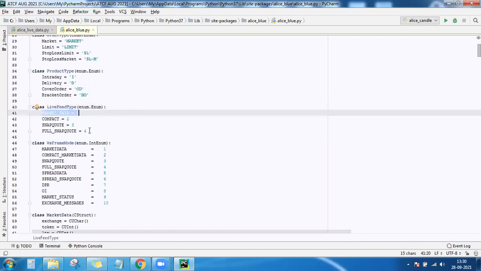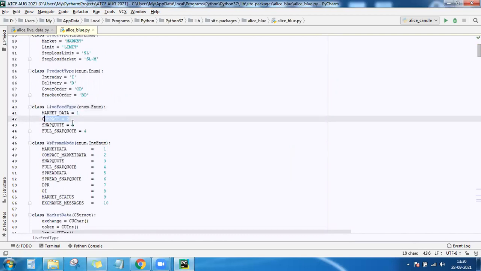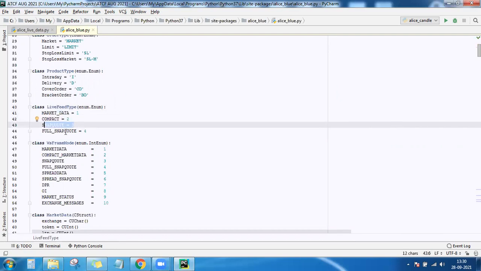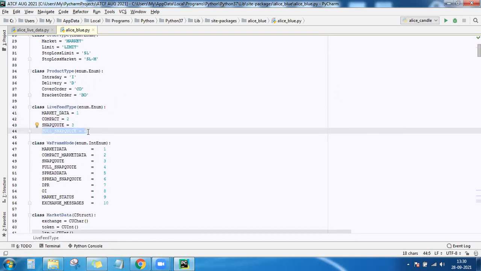Then the compact data, the snap code, and then the full snap code. In one version, you will get the full market depth, 5 best bids and 5 best sells and all those things. In some, you will get only the LTP. In some, only the top best bid and top best sell, etc. You can go to the documentation and they will give you more details about this.